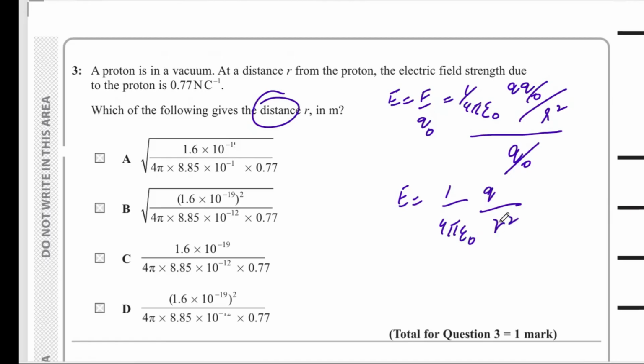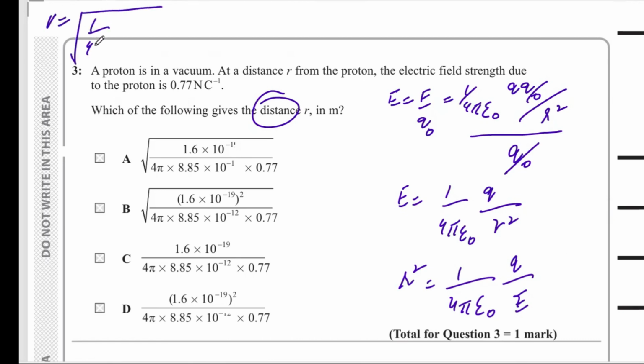I'm looking for R square. I'm going to just pull that R over there, and R square comes out to be 1 upon 4 pi permittivity of free space, Q upon E. I'm going to take the square root and I can have the final answer as well. And that must be R equals the square root of 1 upon 4 pi permittivity, Q upon E, right? So now by just plugging the values in, you've got the charge, and the charge has to be 1.6